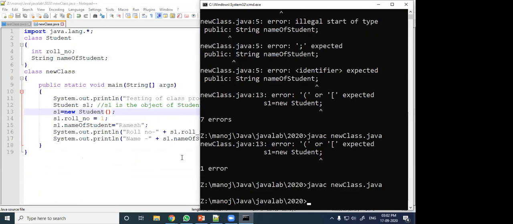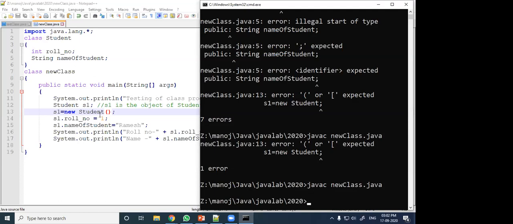Okay, so here I have written public. The public keyword is not required. Java automatically assumes it is public.